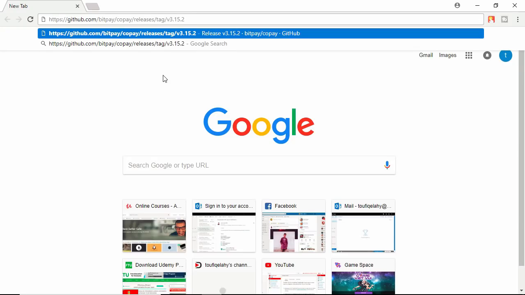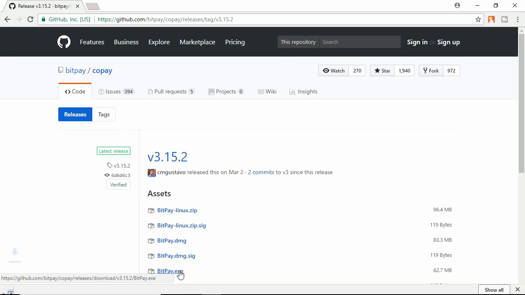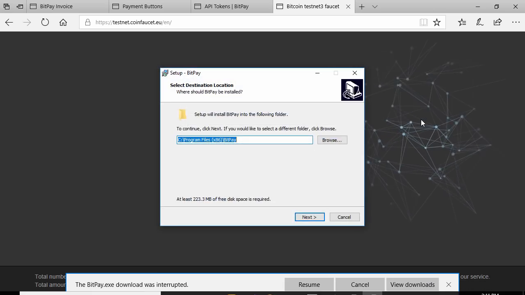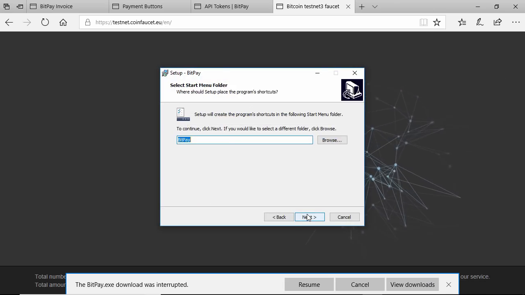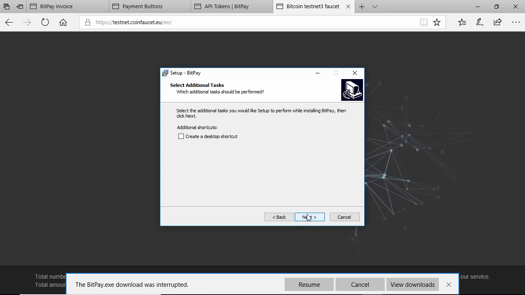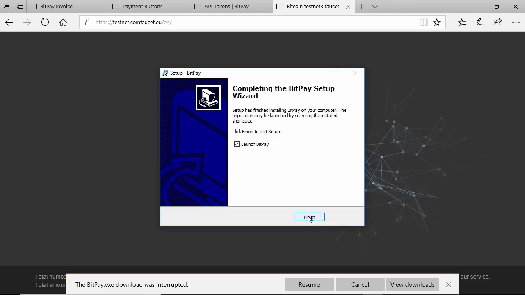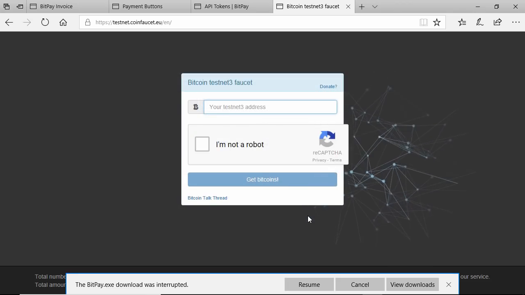Let's download BitPay Wallet, because last time the download failed. Download completed. Click this bitpay.exe. Let's install the wallet. Okay, next, and we need to create a desktop shortcut. Check this one and click next. Click install. It will install. After install, finish, and it will open up the